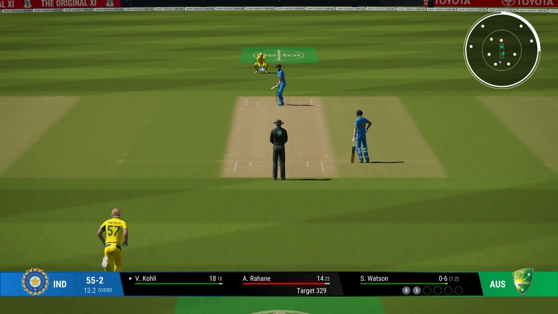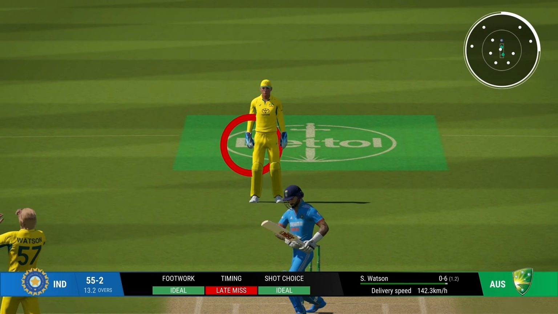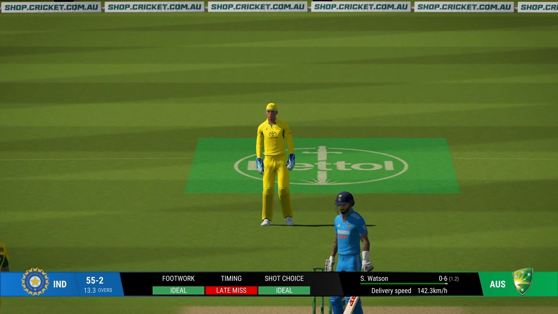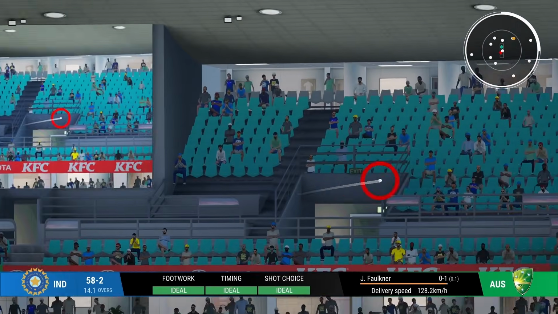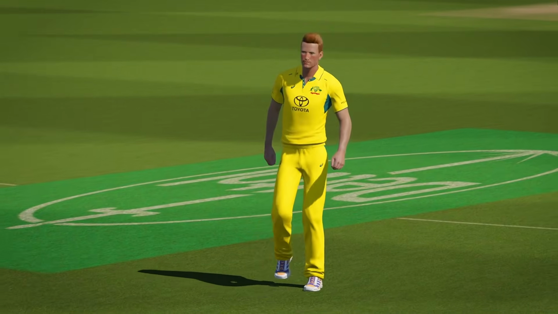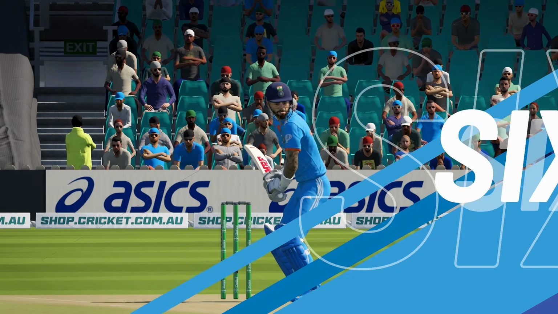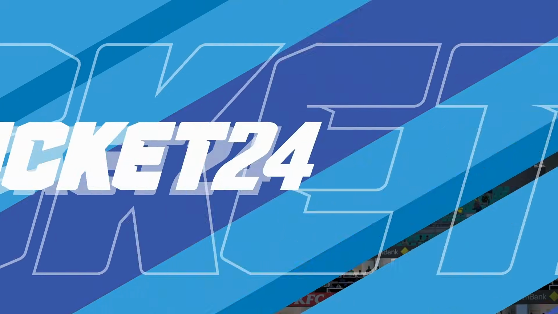Watson so far has been very economical because he's been the slowest of all of them. This was not slow though. This was not slow. That almost went over the keeper's head. Pulled in the air, in the gap, and also over the ropes. That was nailed to perfection. The first lofted shot has come off beautifully.